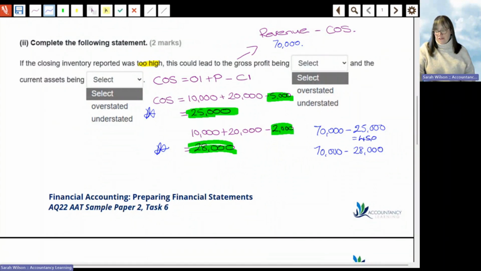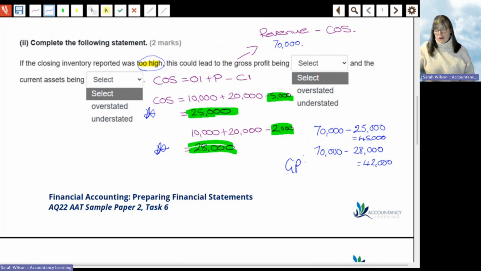So we've got 45,000 gross profit when we've got a cost of sales of 25,000. And then we've got a £42,000 gross profit when we have the £28,000 cost of sales. So now going back to what we need to answer, we're saying if the closing inventory was reported too high, this could lead to the gross profit being, now if it should have been 2,000, but they reported it at 5,000,